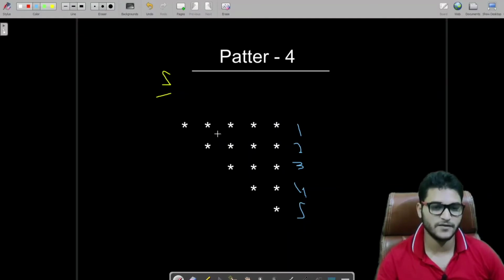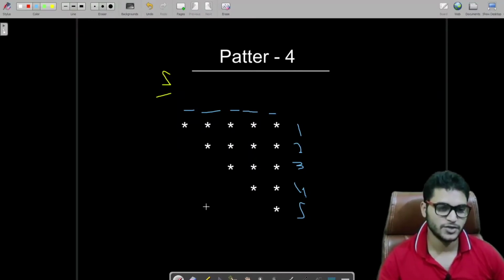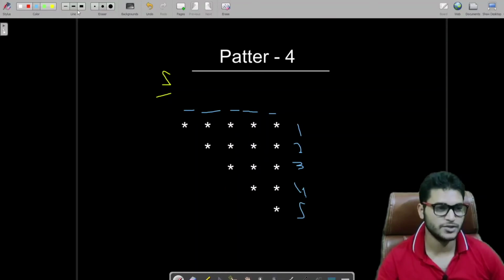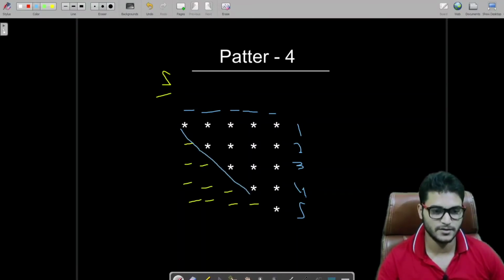So these are the 5 rows, and along with that we have the same number of columns also. So it's a kind of a square, but half of the portion is blank. In the blank portion, we just have to print blank spaces like this. Fine. So this is the pattern which we have to print. So this is the one part and this is the second part.